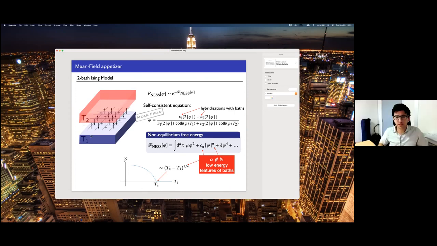Yes, I don't know if you can still hear me, but basically in this self-consistent equation, it involves what we can call the hybridization function, that basically involves the spectra of these two baths. And because we're looking at critical physics, because we want to look at phi close to 0, we're going to look at the low energy features of this spectra, and they can be anything. Say, free electrons in 3D would start with a power law, right? A power law with a non-integer power, and this is a non-analyticity.